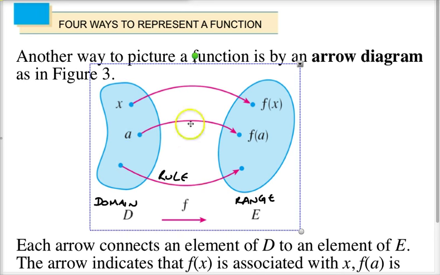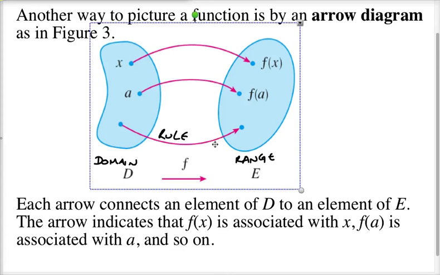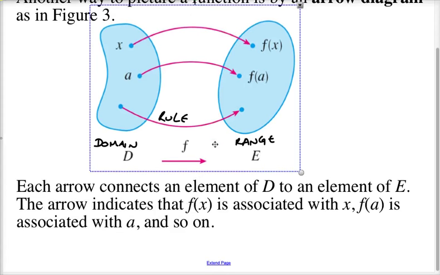Whatever's being done to this independent variable turns it into the dependent variable. Each arrow connects an element of D to an element in E. The arrow indicates that f of x is associated with x, f of a is associated with a, and so on. So I could put in as many points as I want. I could put in a b, and that would map onto a point in E,